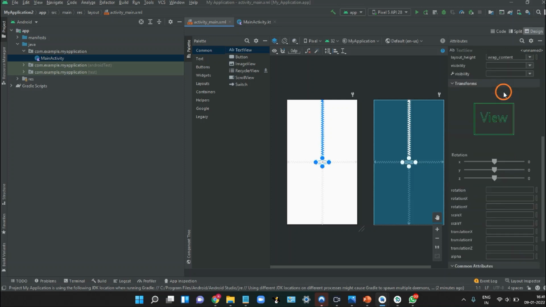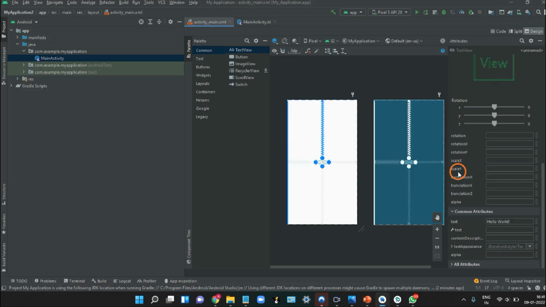Now you can scroll down and change the text. So let's change our text to 6. Okay, 6 is fine. Let's give it some space.